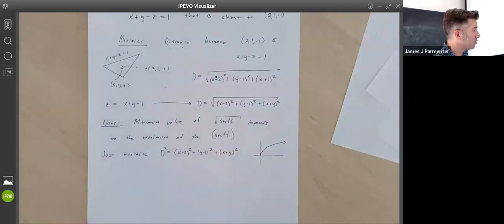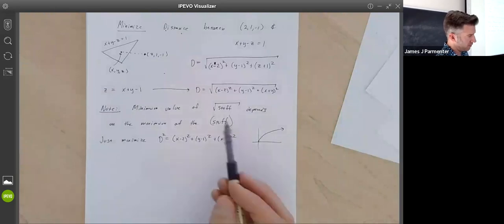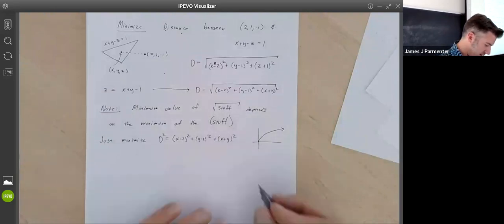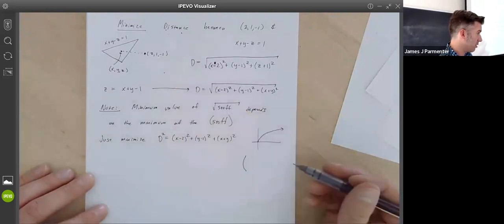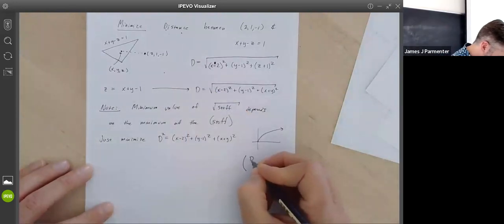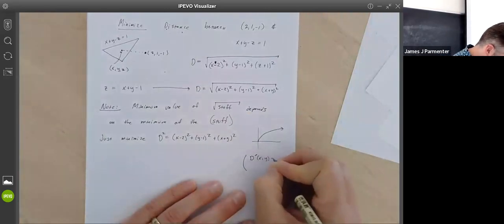This is always true. It always works. It's something you can always count on working. Another way you can justify this to yourself, if you don't feel super convinced by this, is the fact that what you're really trying to do is take the derivative and set it equal to 0. So you're trying to find the derivative of this function of x and y